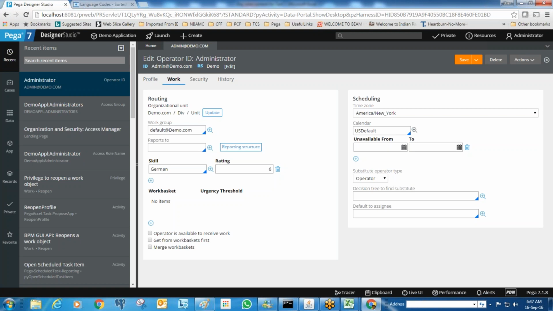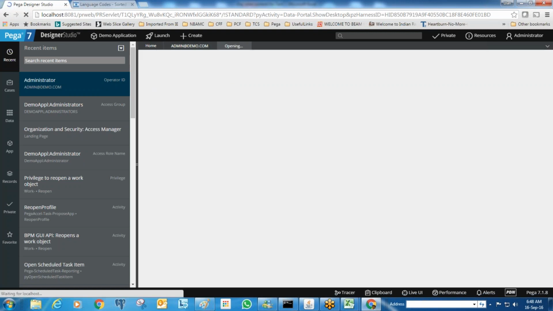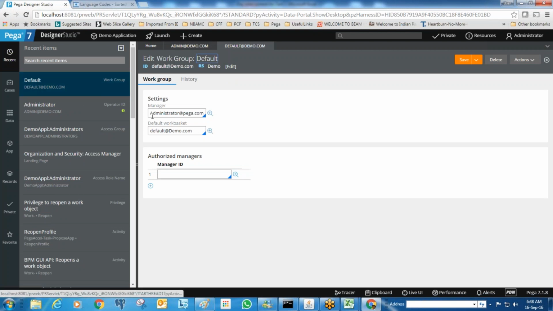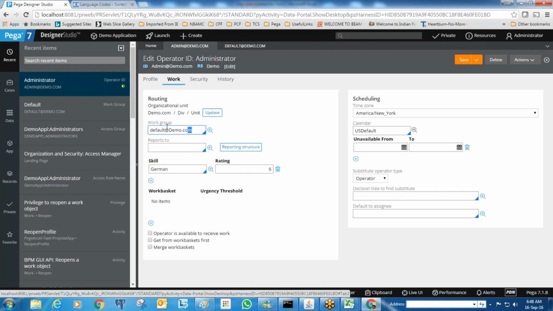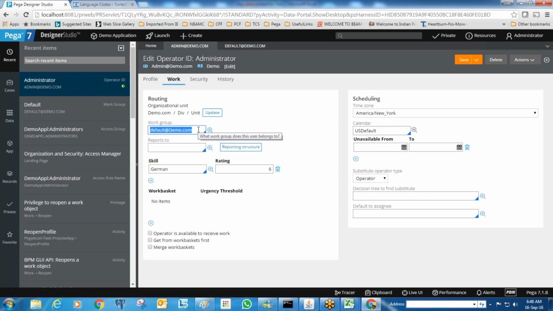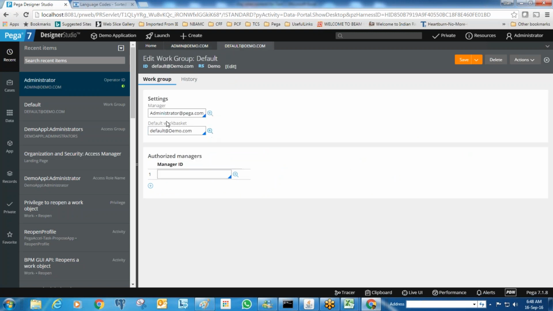So we create work groups, and every team will have a manager. If you open the work group, it is also a rule again, and you can open this, and every work group will have a manager. I'm just comparing with generic words so you can remember. So every team will have a manager, so every work group will have a manager. The main purpose of this work group is for the manager to know who is reporting to him.